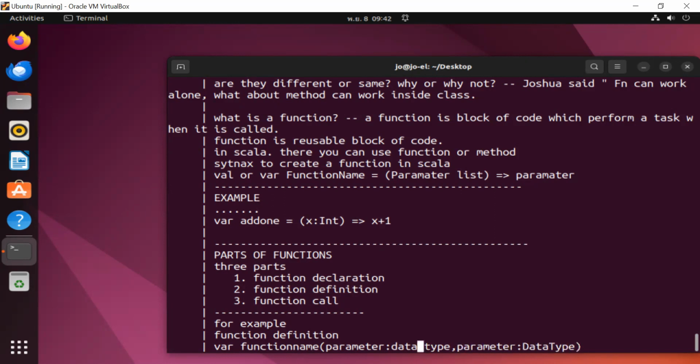Just a new version of the syntax, because the above one I made somehow was not clear. So data type. This is parameter 1. You know the parameters, right? Parameters are the variables which are passed in a function definition. I'll repeat once again: a parameter is a variable which is passed in a function definition.